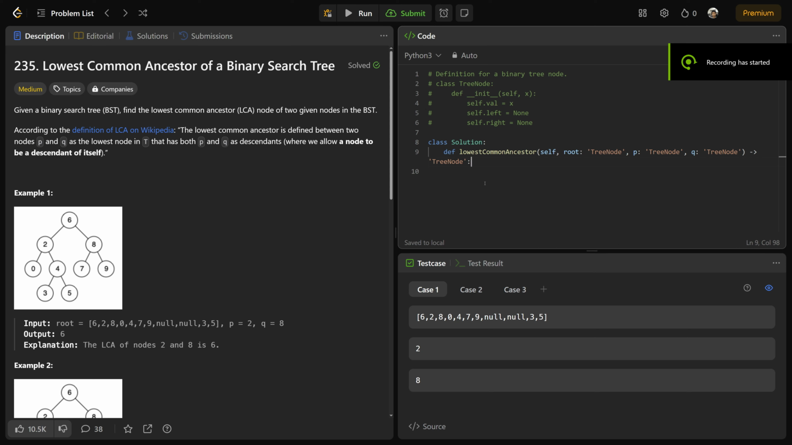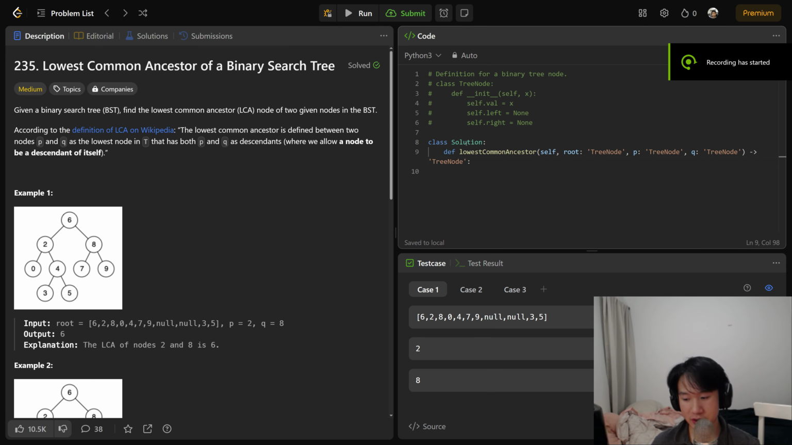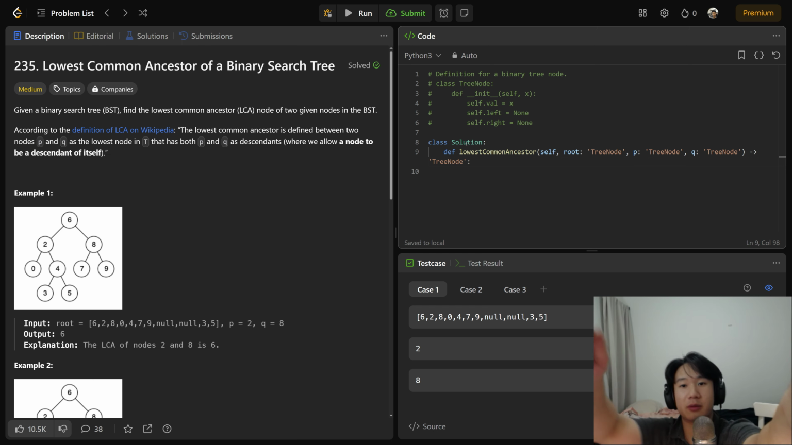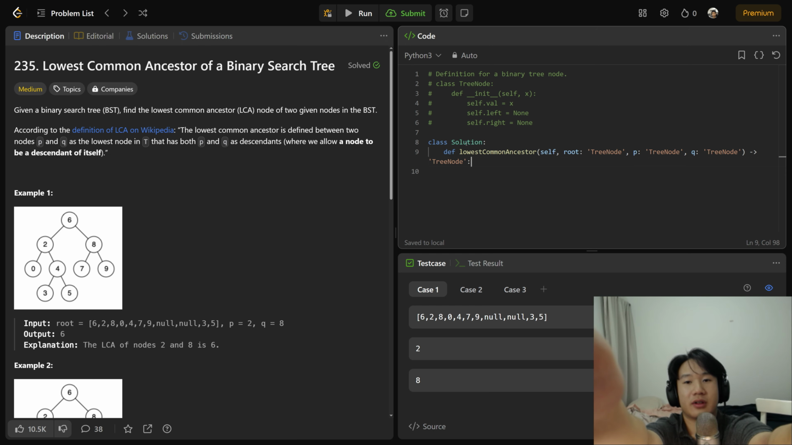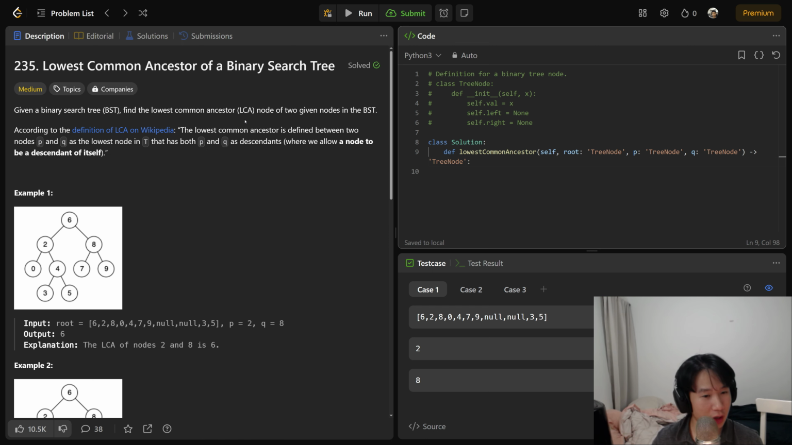Hello, and welcome to today's problem, lowest common ancestor of a binary search tree. Let me just readjust my camera so I'm a little bit more downward. Okay, there we go. So, given a binary search tree, we're going to want to find the lowest common ancestor